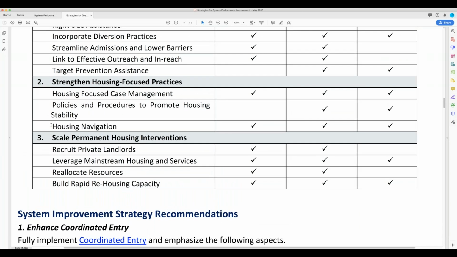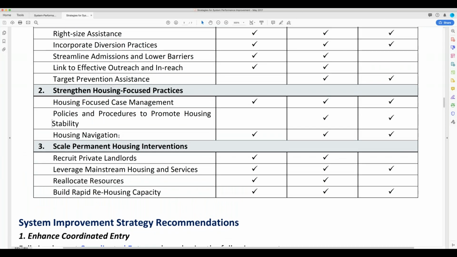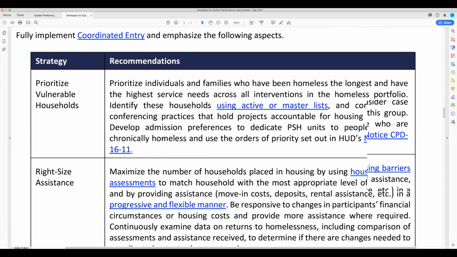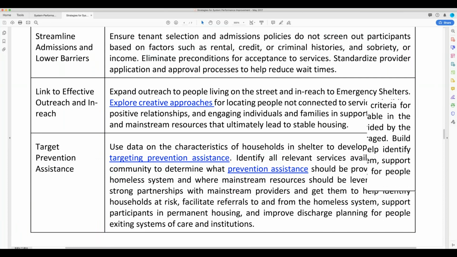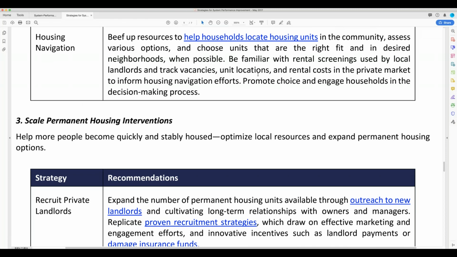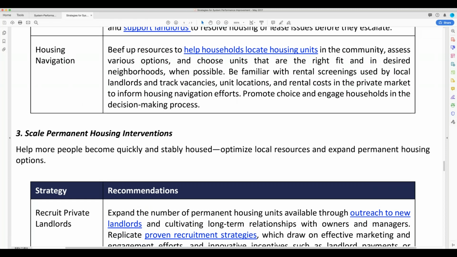Housing navigation, okay? This really goes under the question that was provided earlier when we were just workshopping. Well, what about the services that are being provided to clients, right? And it goes with housing-focused case management. Do we have tools to help people understand how to navigate the rental market? Or, let's scroll down and see what the exact little summary is here for this one, right? Do they have the resources to understand what's around in the neighborhood, to see what they need?